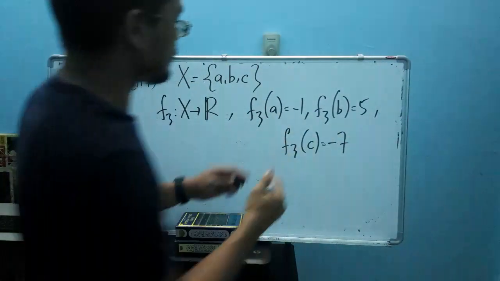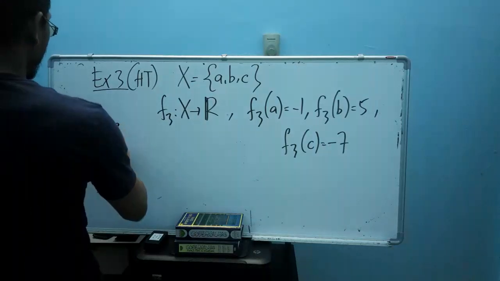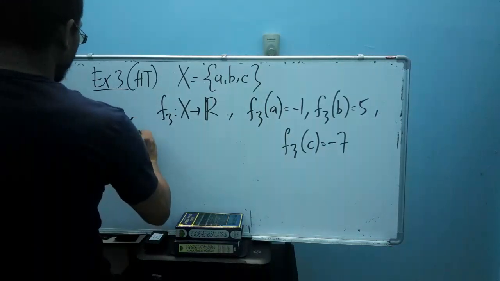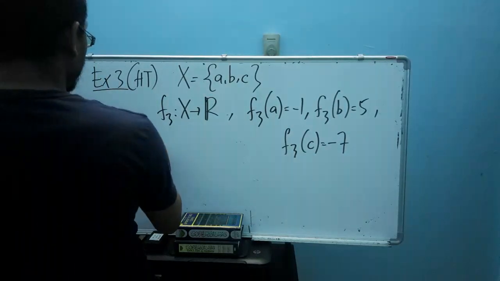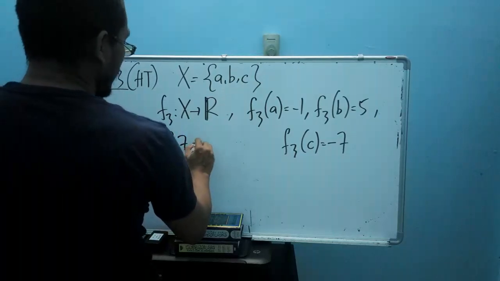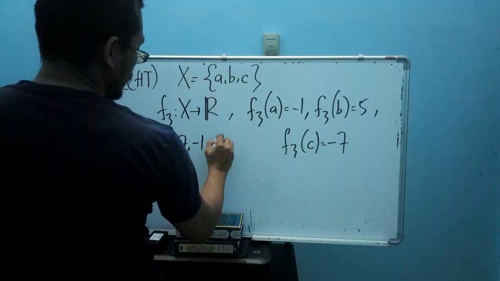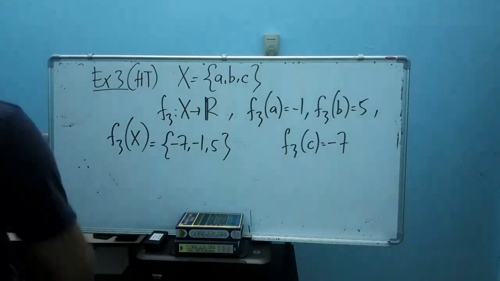So this means that my f3(X) here has 3 values, meaning -7, -1, and also 5. Okay, so now I ask you, the question is,